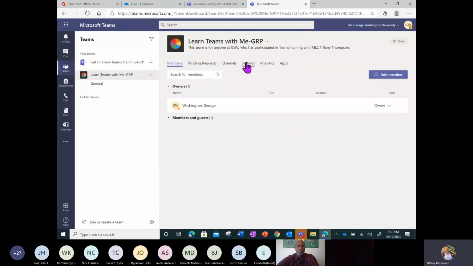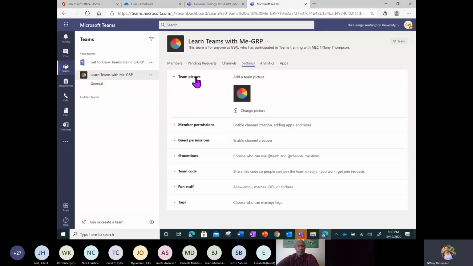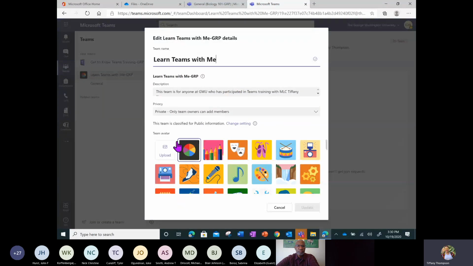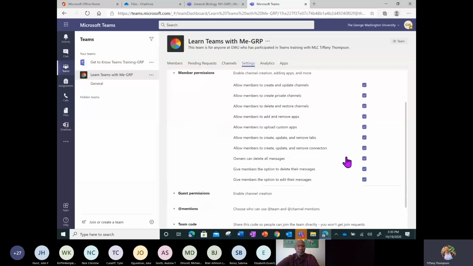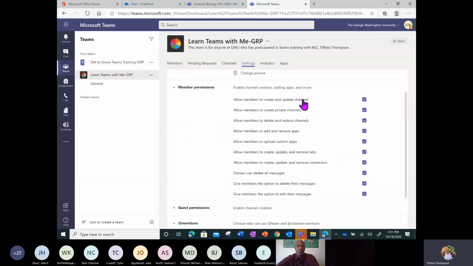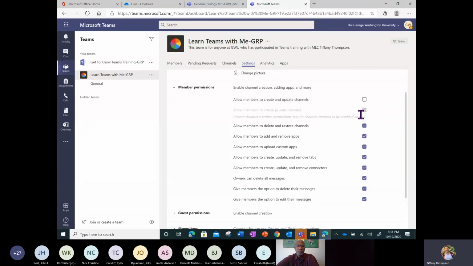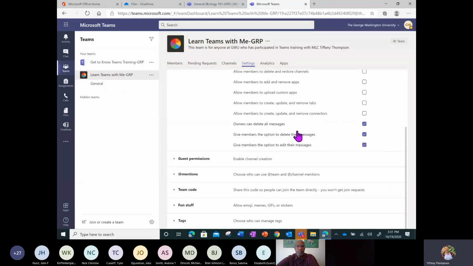You can also personalize that. So if you have a logo or a team picture file, you can choose any picture file that you want by clicking upload. I can also change my member permissions. So right now it says that all of my members can create channels, can create private channels, can delete channels. So I'm going to remove some of this because as a team owner, if I set my team a certain way, I don't want individuals to come in and create channels or delete channels that I've created, to delete apps or tabs. So I'm going to remove some of this, and I can always enable those settings again later.